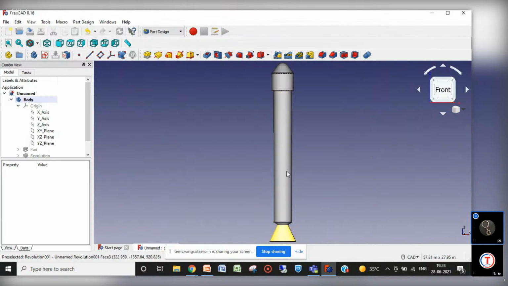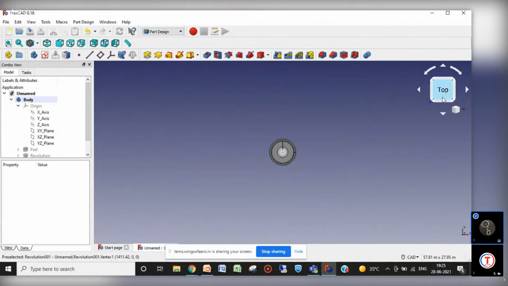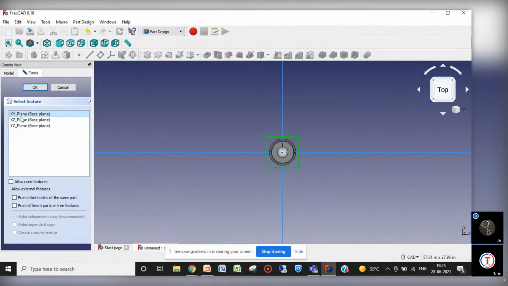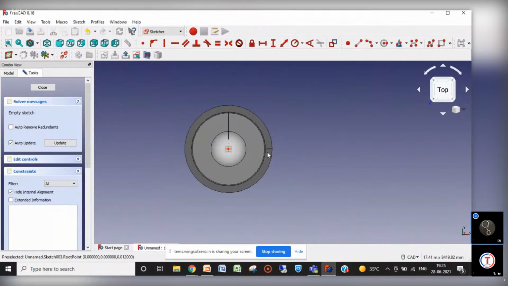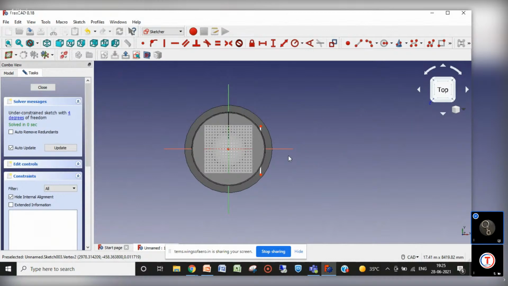Now what is left? Only the boosters. So let's start making those boosters also. Taking the top plane and sketching over there. Zooming in, I have to make here a booster. So for that, I'm taking a straight line there whose horizontal distance would be